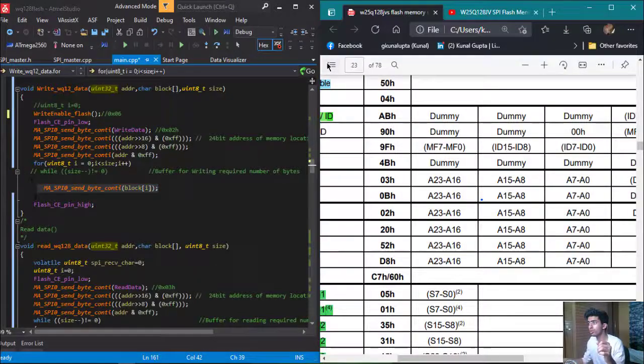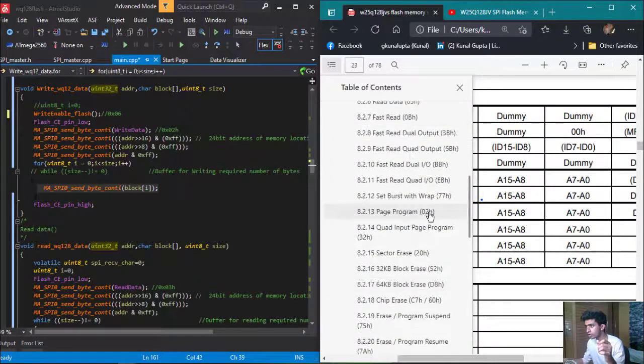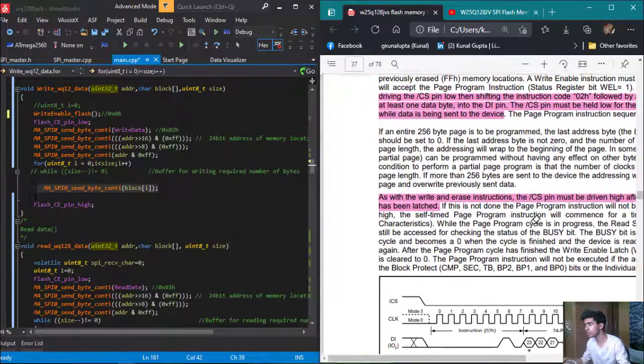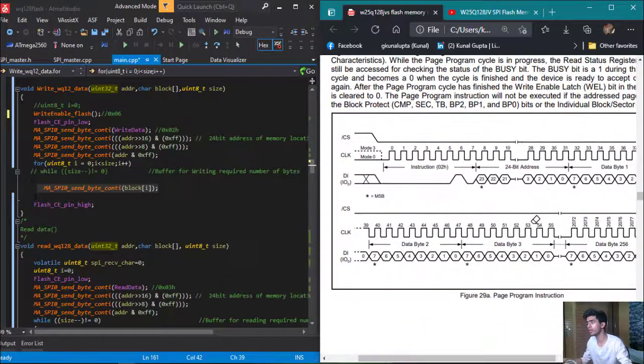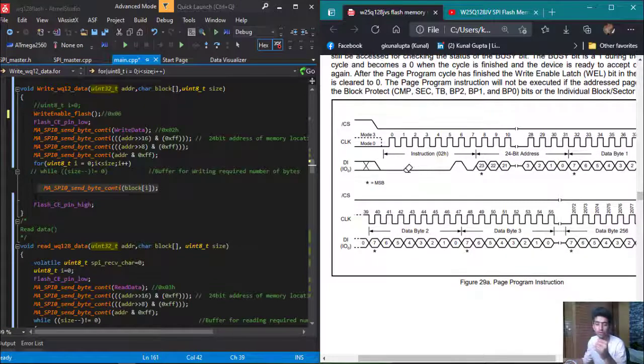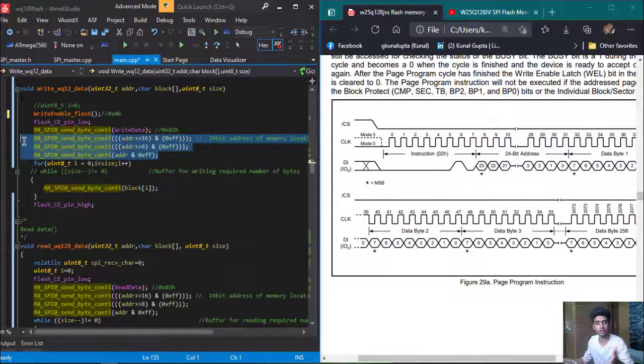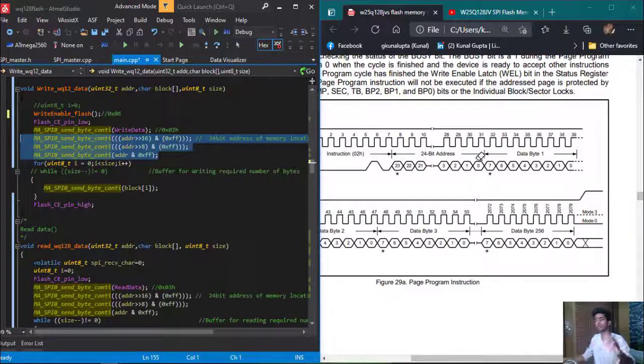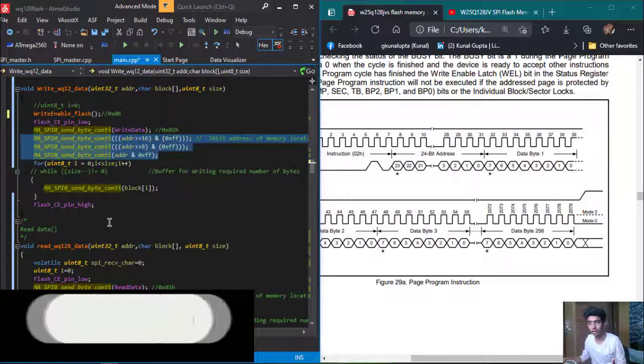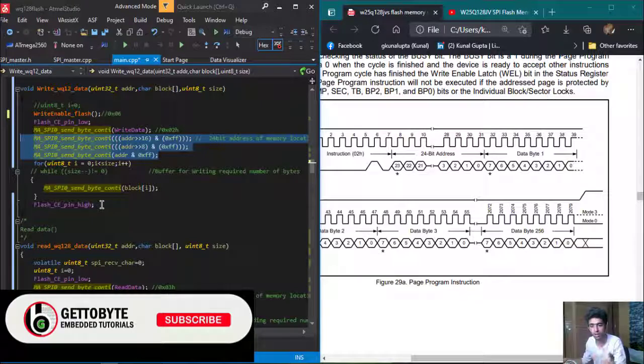If you go to the page program section, you will see in the waveform that we have to first send the instruction 02h, then send the 24-bit address, breaking the 24-bit address into 3 bytes of 8 bits each, as we have 8 bits of bandwidth only in our SPDR register, and then reading the contents from that memory as much as the size we want, till the chip select pin is made high.